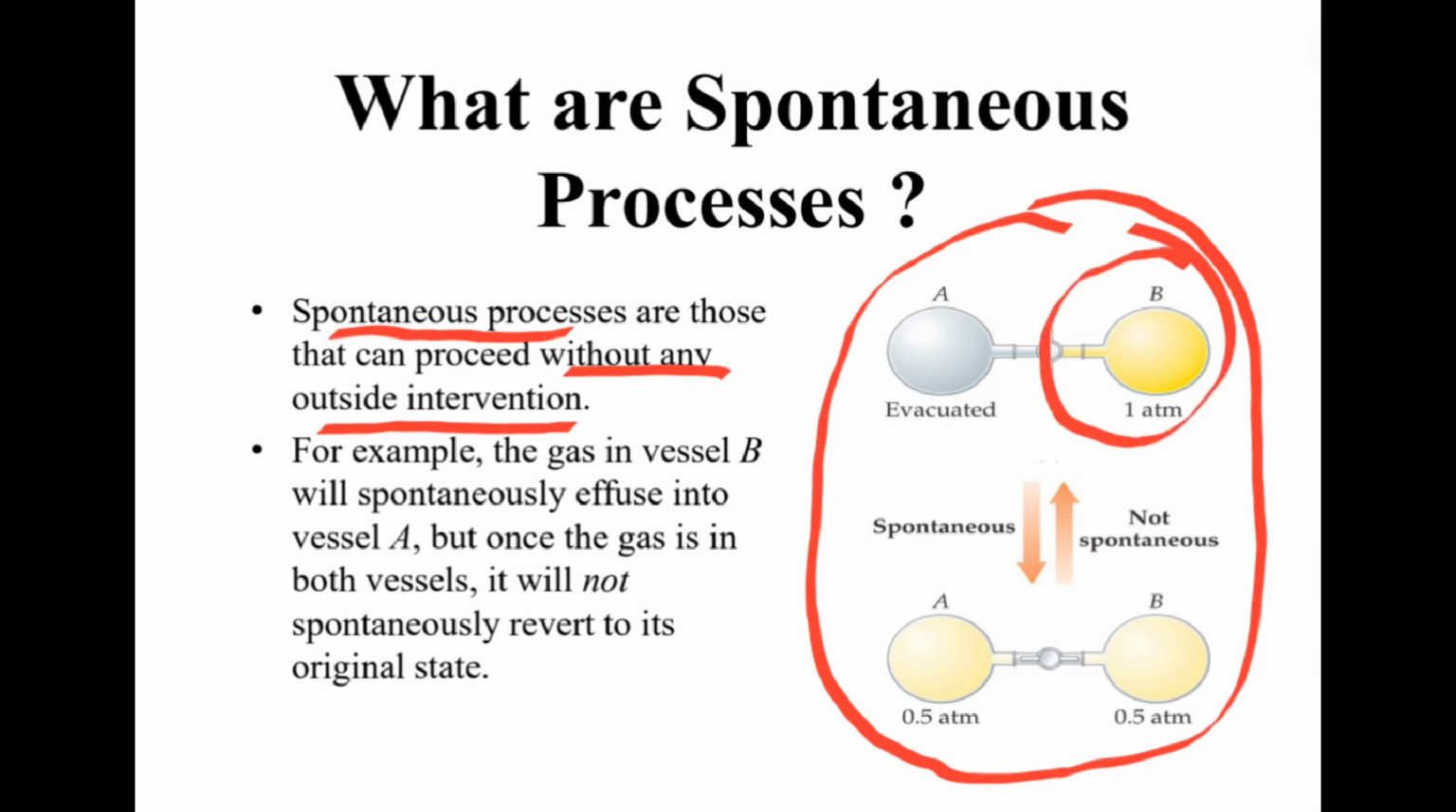So in this figure B ላይ ጋዝ አለ whereas A ላይ ደግሞ ምንም አይነት ጋዝ የለውም። So አሁን ጋዙ ኢፊውዝ እንዲያደርግ ማለት ከቬዝል B ወደ ቬዝል A ምክንያቱም ጋዞች ኢፊውዝ የሚያደርጉት from high concentration to low concentration ስለሆነ ከB ወደ A ይፈሳል ማለት ነው ወይም ይንቀሳቀሳል ማለት until equilibrium is established ማለት so አሁን ከቨዝል B ወደ ቨዝል A ሲሄድ ምንም አይነት external intervention or force አያስፈልግም ማለት it will proceed without any external intervention ማለት ስለዚህ ይሄ spontaneous process ይባላል ማለት ነው but once the gas is in both vessels it will not spontaneously revert to its original state